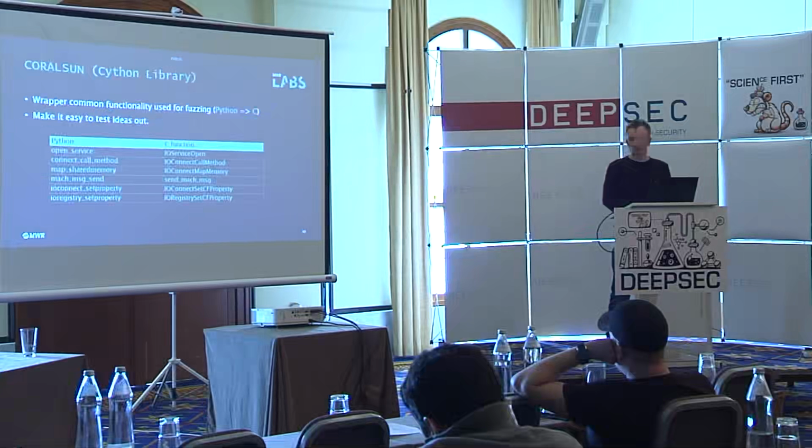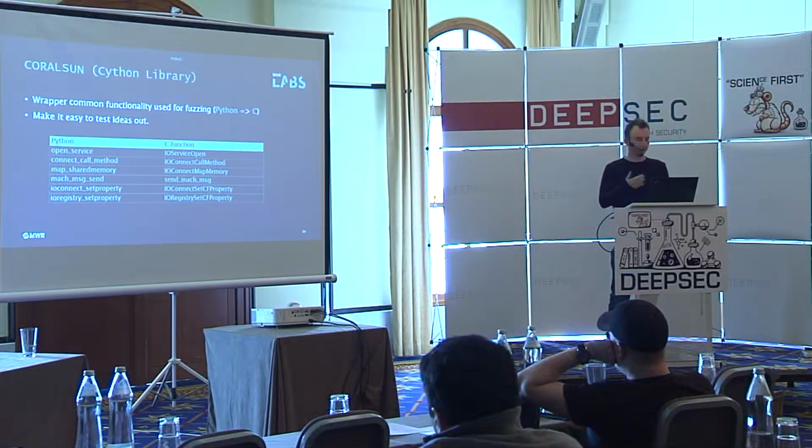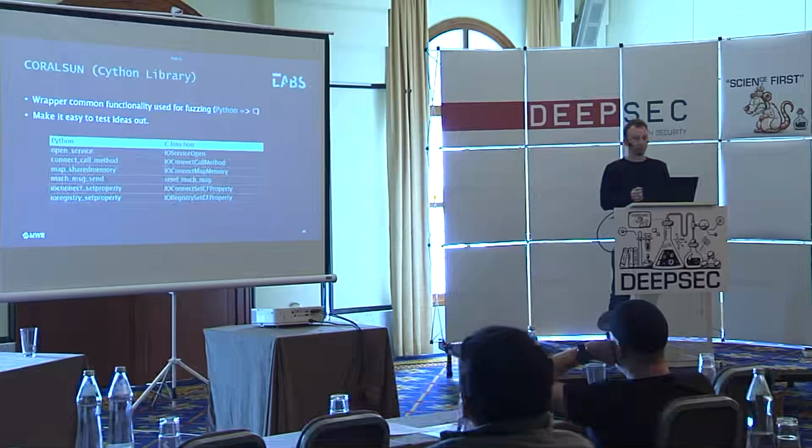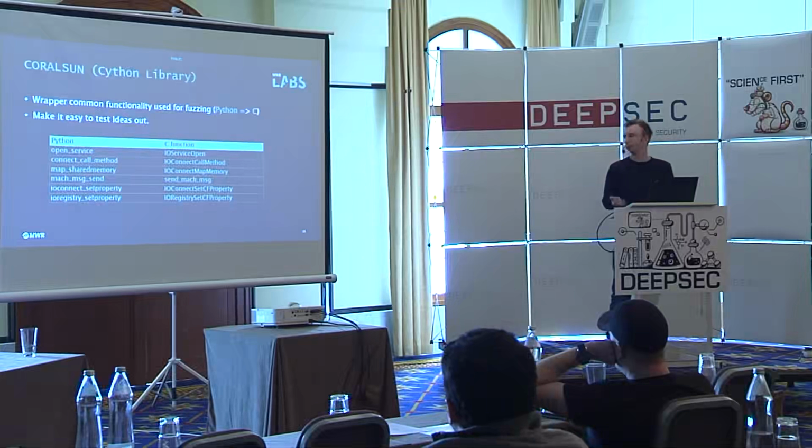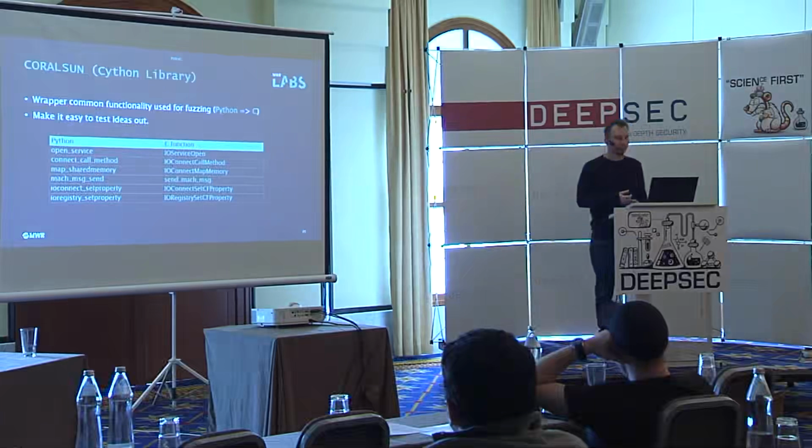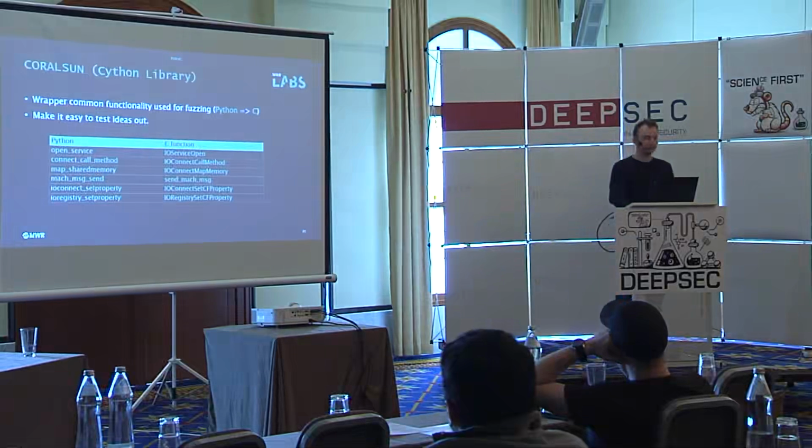can use it. So the library itself, the Cython library, is a wrapper to wrap common IOKit C calls. So things like IO service open, when you're opening a connection to a device driver, and when you're sending data between user space and kernel space using an IO connect call method. I essentially just wrote Python wrapper functions for the C because it simplifies things, it's really useful to have, say,